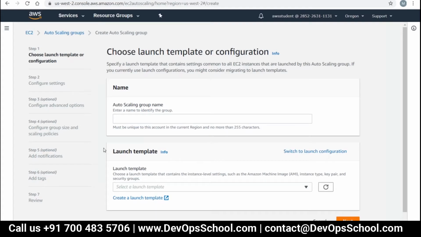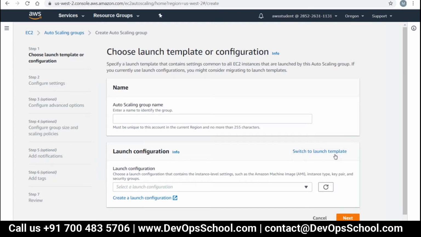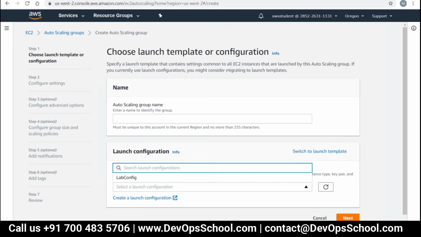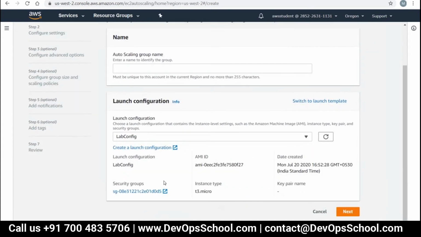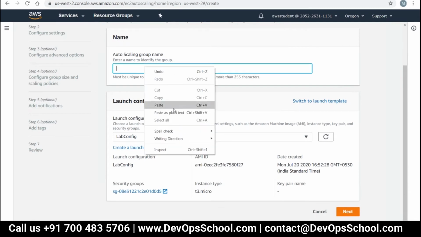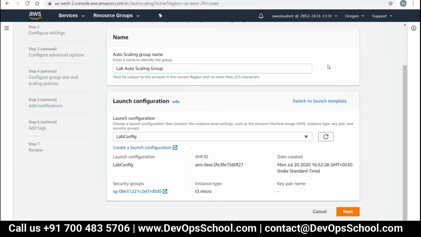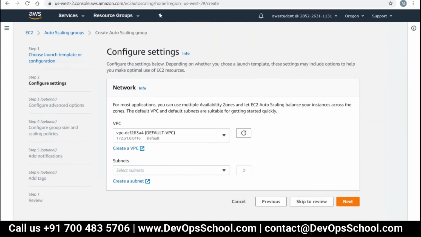Maybe there is this change. There is something called launch template here, and we haven't created any launch template, right? So you have to switch it to launch configuration. This is not mentioned in the lab. Yeah, switch to launch configuration and then select the lab launch configuration. And the instances too that was mentioned, where do we set that? It's not asking anywhere, right? No. So maybe in the next step it will ask. Let's move forward and see.